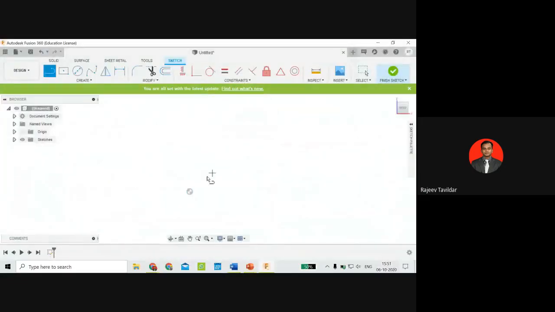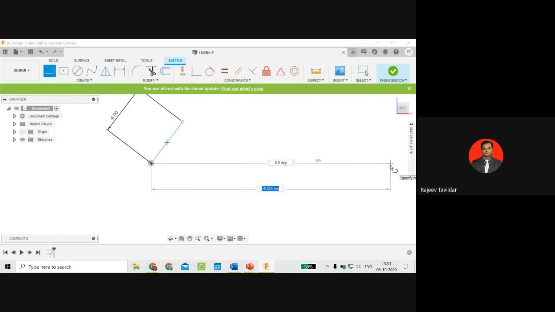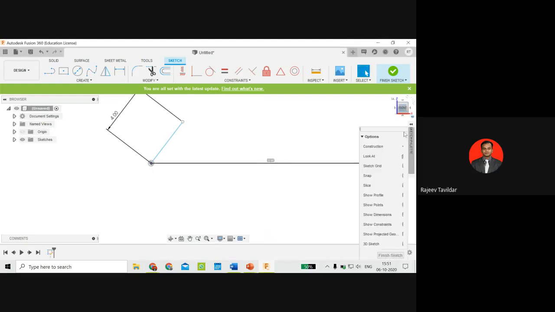So I need to draw a line. So I'll just choose a point and I'll draw a line of 4 units. Okay, let me zoom this. Okay, I've just drawn a line of 4 centimeter approximately. Now I'll just draw one line horizontally of arbitrary length. This is our O2, O4. I don't know where that O4 is, so I'm not giving a specific distance. I'm just drawing it arbitrary length because I don't know where O4 is.